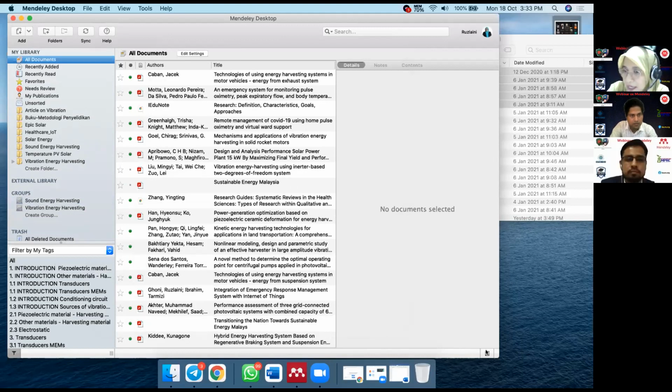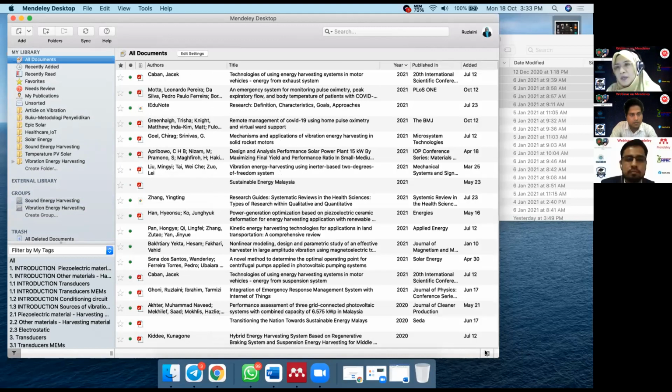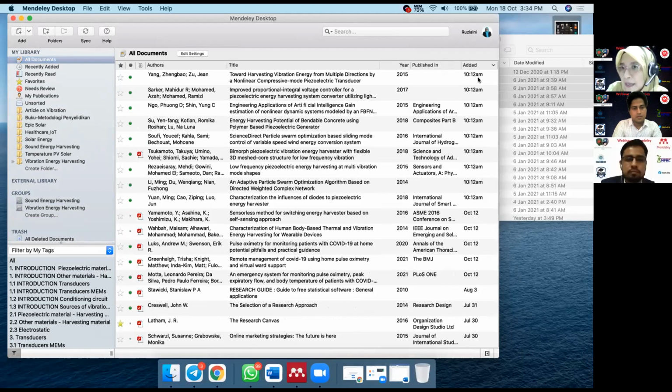So don't worry. So if you say, I don't know which paper has been added here, even if it is automatically added from your folder, what you can do is you just click at the edit time. So from the edit time, you know, oh, this one is the newest article that has been automatically added. That's how you recognize your article. Okay, and then